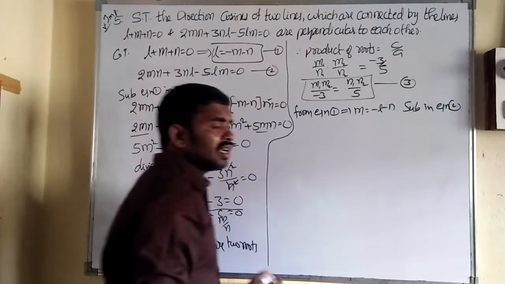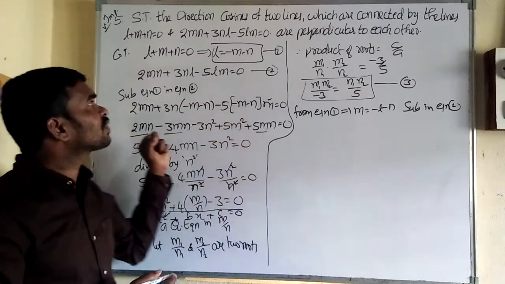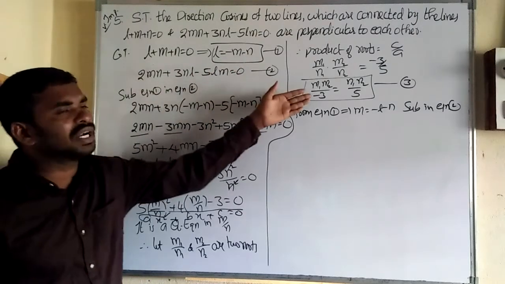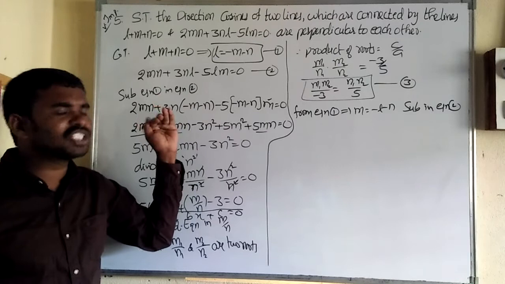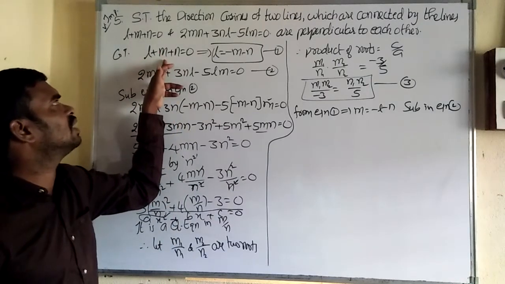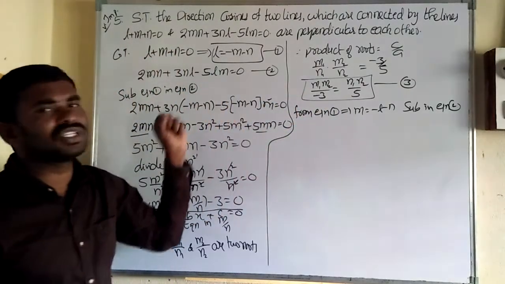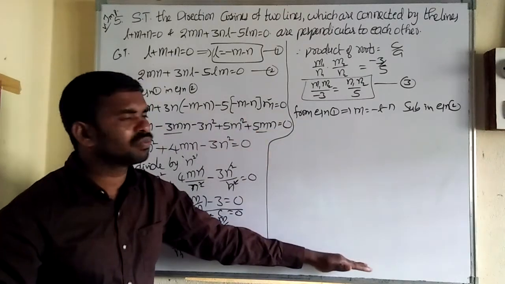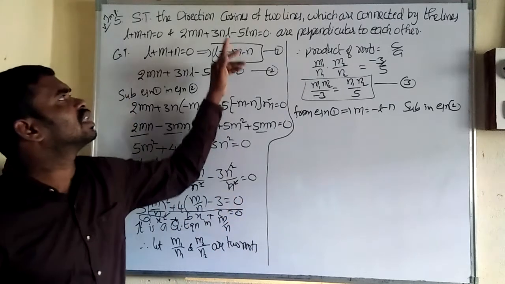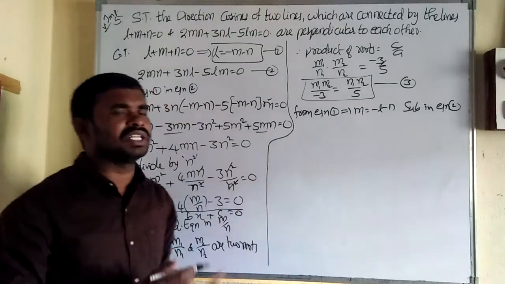So what I am doing here, same process again: by taking L equal to minus m minus n, substitute in equation 2, we get one condition. Similarly, take another value from the first. Suppose m value, I am going to take m equal to minus L minus n, substitute in equation 2. I will get one more condition. So that becomes equation 4. From third and 4, we can give the conclusion that the given two lines are perpendicular. How can we give? First complete this.